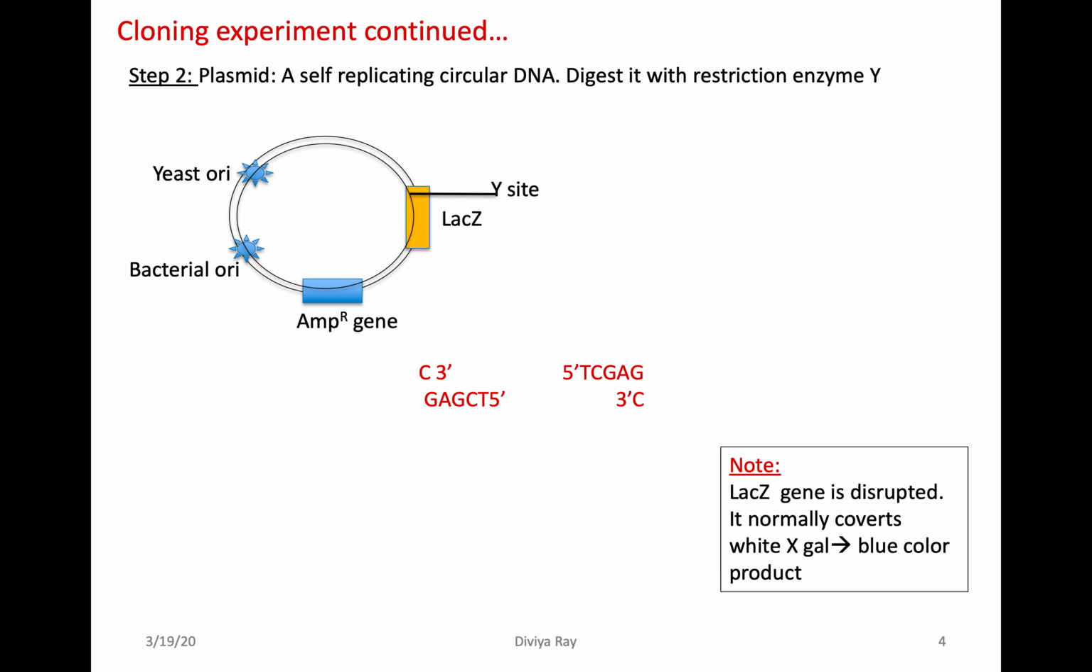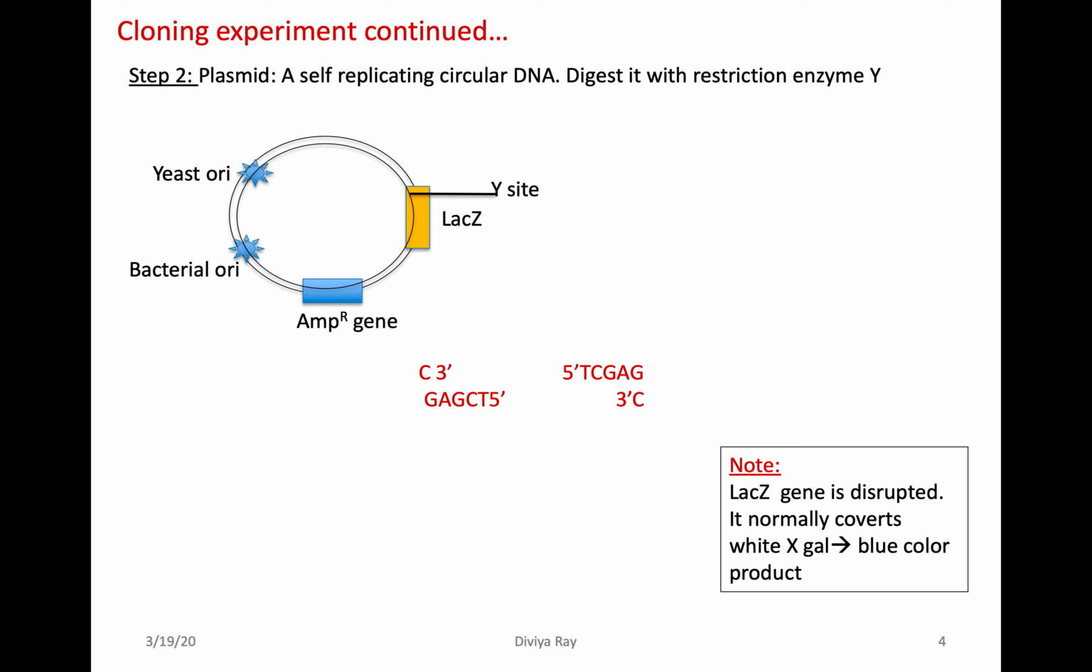So let us say you are using this particular plasmid. This plasmid has the yeast ORI site as well as the bacterial ORI site, which means that it is capable of replicating within the yeast as well as in the bacteria. It also has a selection marker over here, which is the AMPR gene. So this gene, when it is expressed, makes a protein or an enzyme which can actually degrade the antibiotic